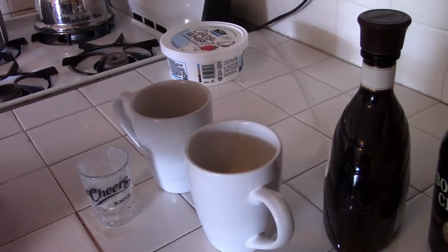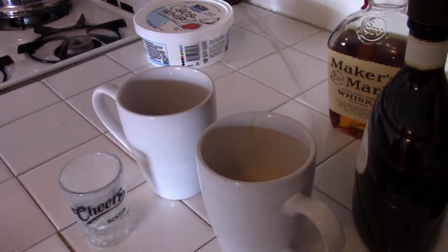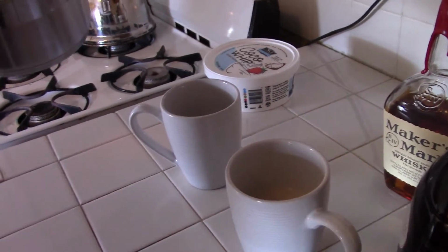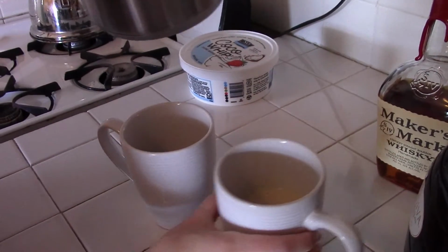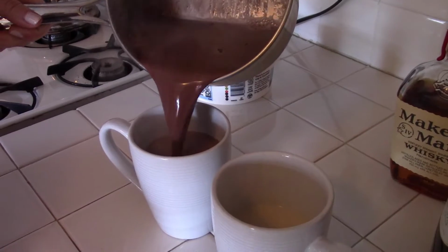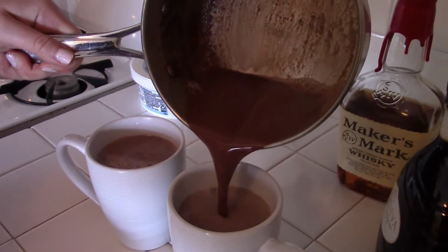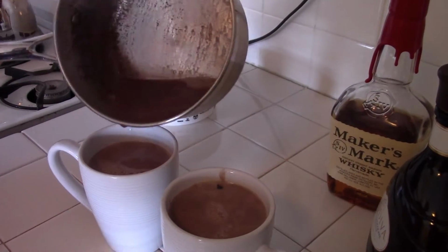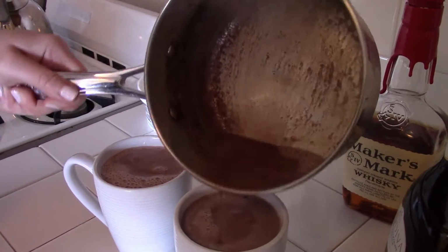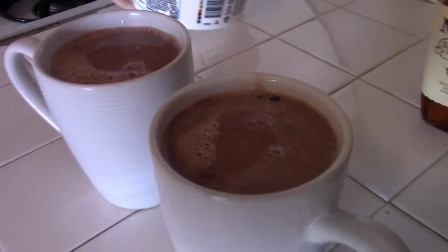Okay, so the boozes are in the glasses, and we're going to add the hot cocoa. And we add the hot chocolate. Trying to fit it in the mug. That's a little close. Okay, we'll have to go back for that little bit left. And then,